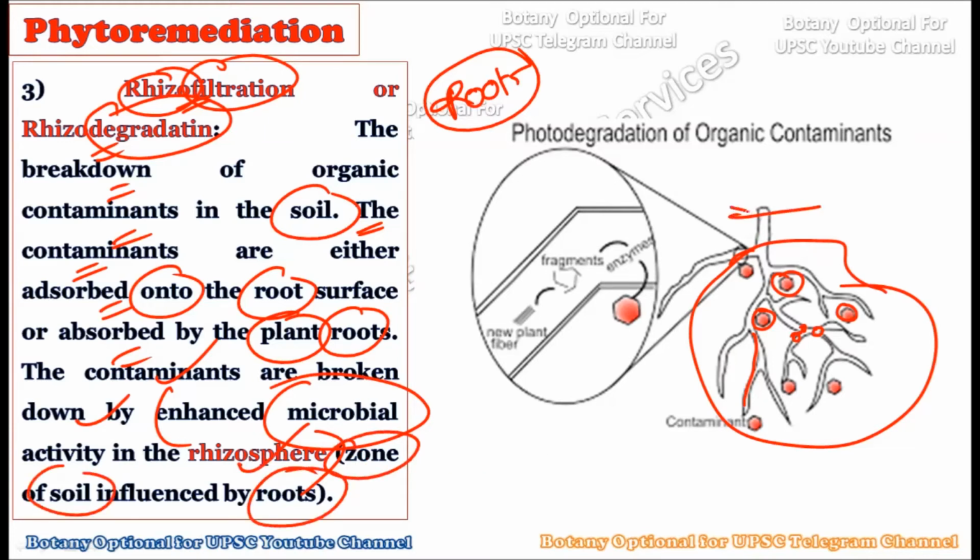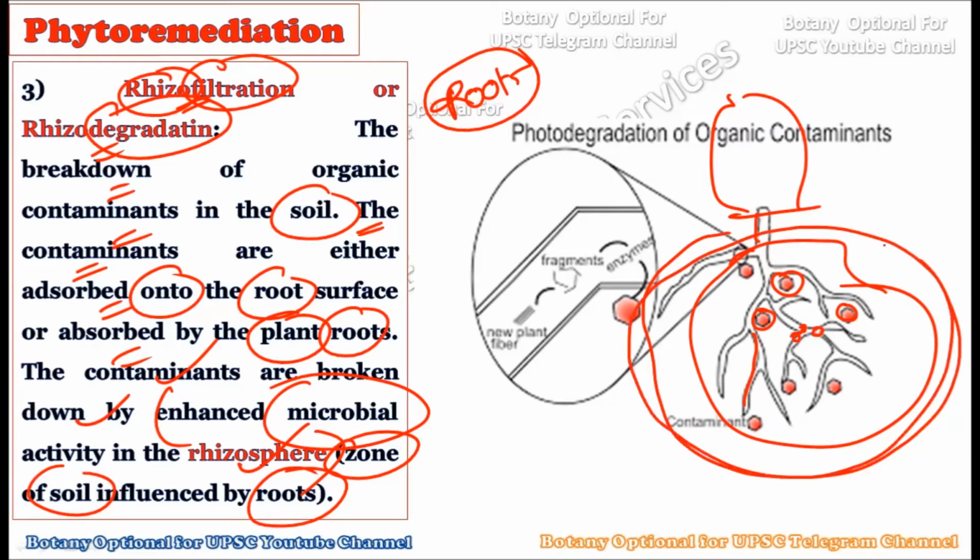For example, this is the plant. This is the shoot above, and below here we have the root, and this particular area is called the rhizosphere because here the roots are playing the major role, and roots can actually influence this particular area within the soil. So whatever microbial flora is present around the root or inside the root, once these organic contaminants come in contact with it, they will literally get degraded, and hence we are calling this particular type of phytoremediation the rhizofiltration or the rhizodegradation, where the roots play a major role, and with the roots, whatever microbial organisms are there around this rhizosphere are also playing a major role.